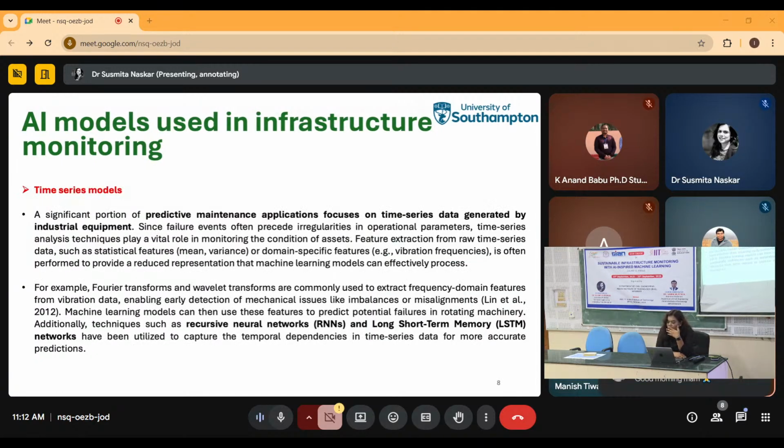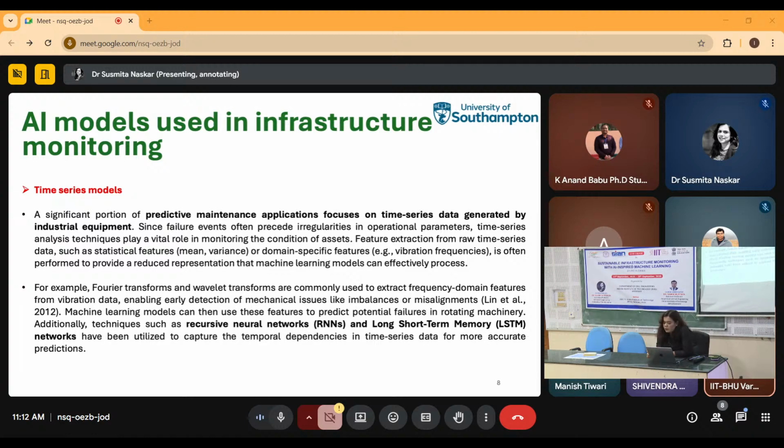A significant portion of predictive maintenance also relies on time series data. This data is generated by industrial equipment, and equipment failures often arise from small irregularities in the operational period. The process of building these time series models generally begins with feature extraction from the raw